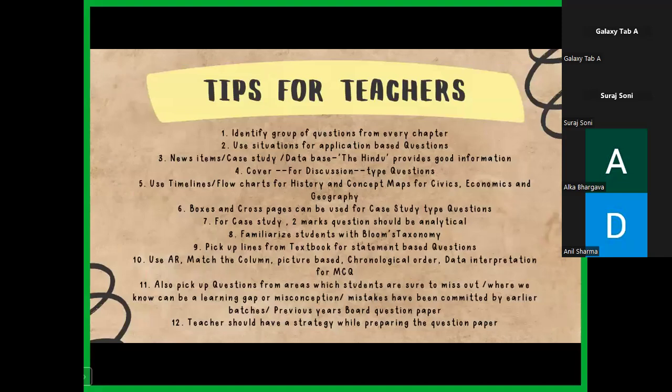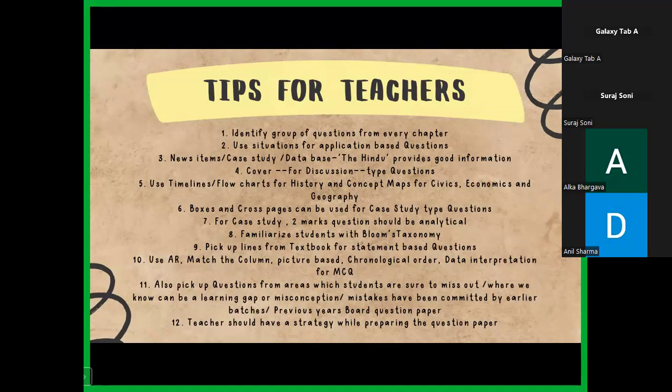Okay, now a few important tips that everyone can use when you prepare these questions. So identify a group of questions from every chapter. In social science, obviously the number of chapters is too huge, but even then you can identify 4 to 5 questions from every chapter. Though please understand that in social science there can be